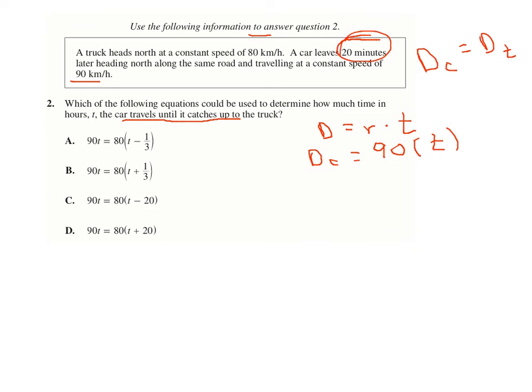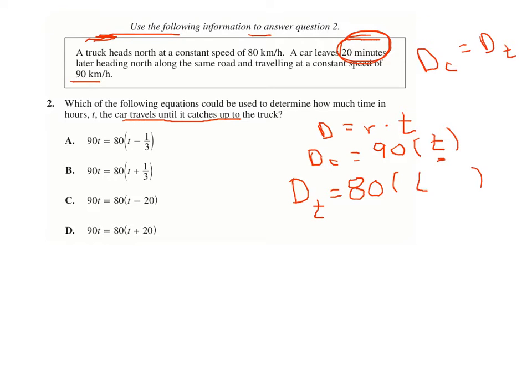Now the car leaves 20 minutes later than the truck. So if the car traveled for 1 hour, that would mean the truck had been traveling for 1 hour and 20 minutes. If the car traveled for 2 hours, that means the truck would travel for 2 hours and 20 minutes to make the same distance. So to do that, the distance of the truck will be 80 kilometers per hour multiplied